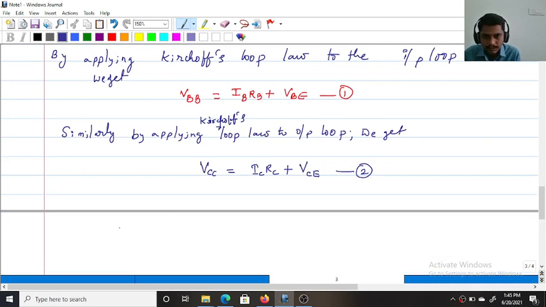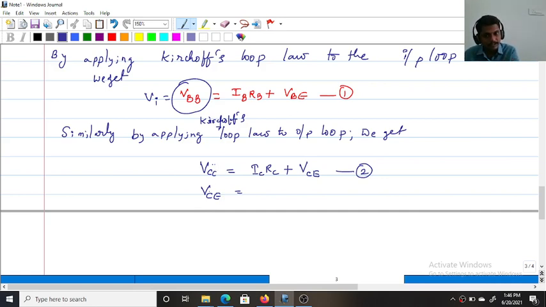Here VCC is a battery. We collect the output across this collector emitter junction, so this is the output voltage. This is the input voltage, but this is not the output voltage. This is a battery only. We can apply voltage across VBB, but we collect it across the emitter base junction. So VCC is just the battery. Yes or no?